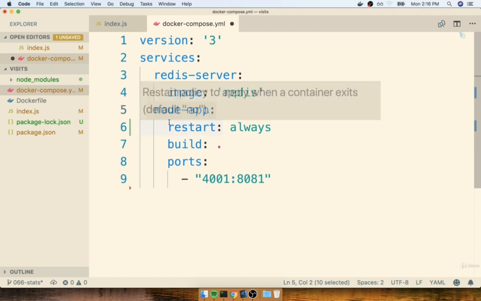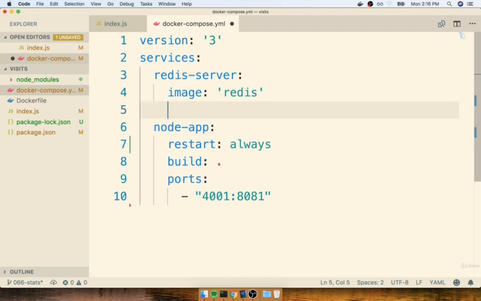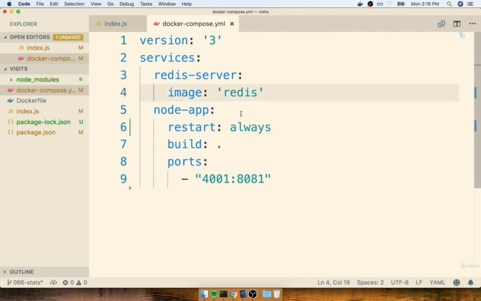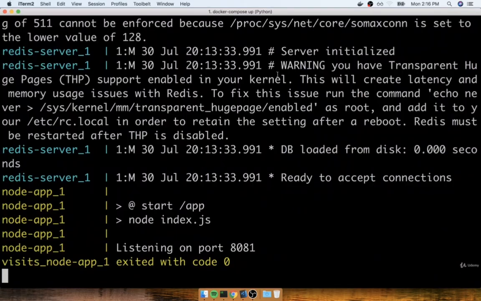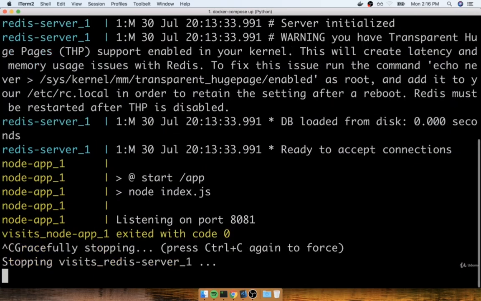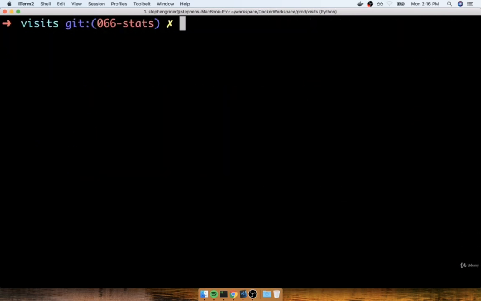Notice how we specified a restart policy for one specific service or one specific container. If we wanted to add a restart policy to the Redis server, we would have to add it onto that one specifically as well. But for right now, we'll go with just node app. Now I'm going to save this file, and we're going to try bringing up our Docker Compose containers again and seeing what happens when our node application crashes. Okay, so I'm going to flip back over to my terminal. I'm going to hit Control-C to stop that